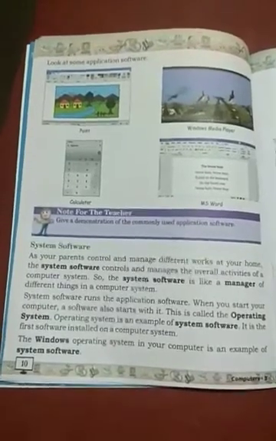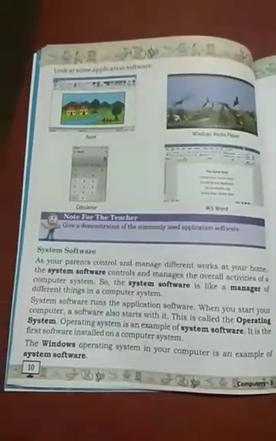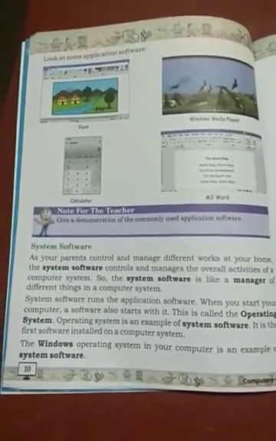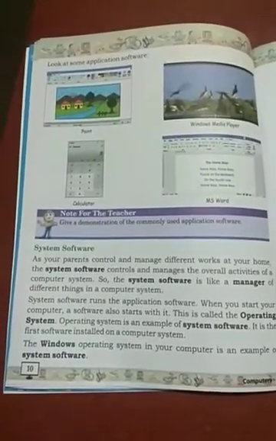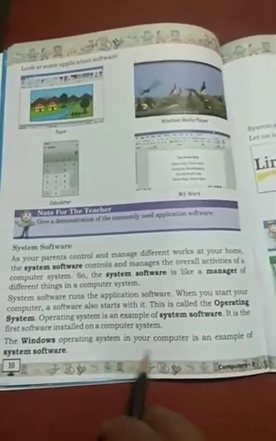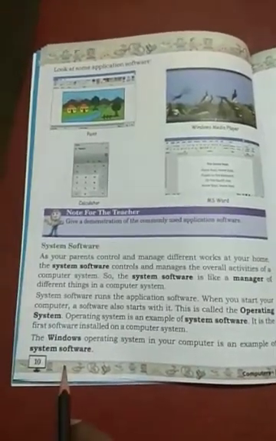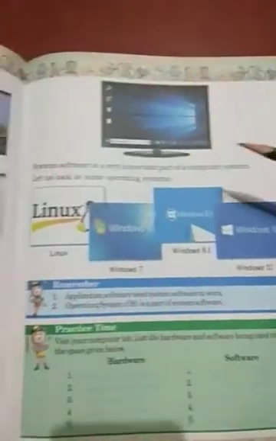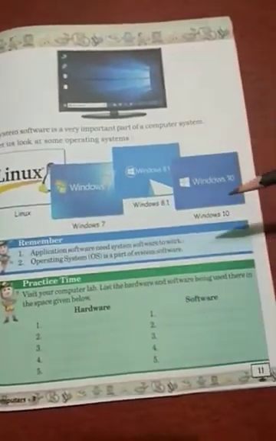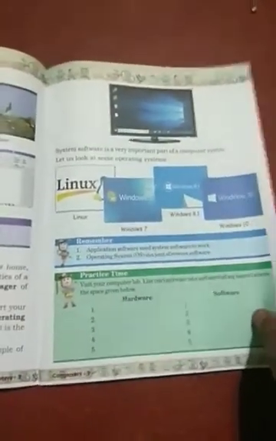After that, we can use any types of application software in our PC or computer systems. The Windows operating system in your computer is an example of system software. Some examples of system software are Linux, Windows 7, Windows 8.1, Windows 10, Windows XP, etc.